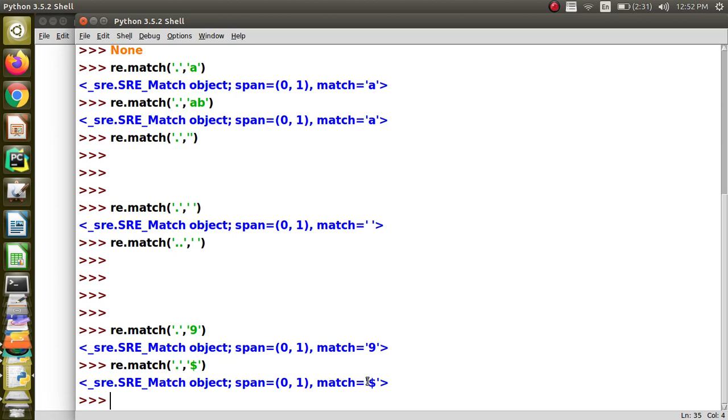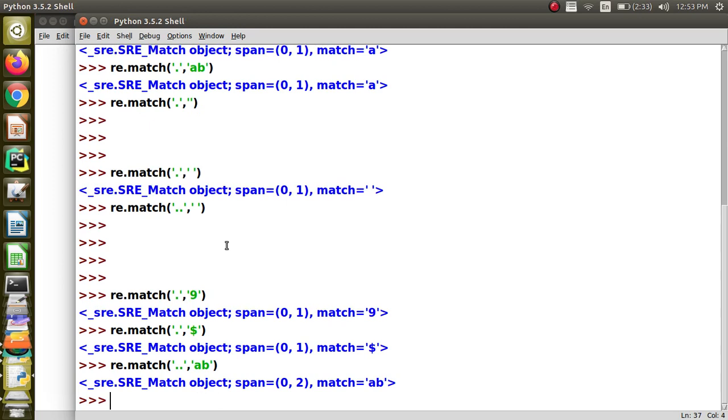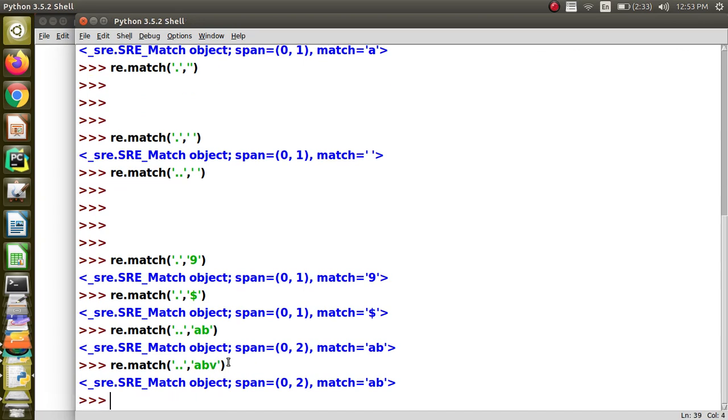You can see it matches with the dollar. Like this it works. And when I want a string with at least two characters, I have to give dot dot, but this will also match longer strings. I hope you are understanding.